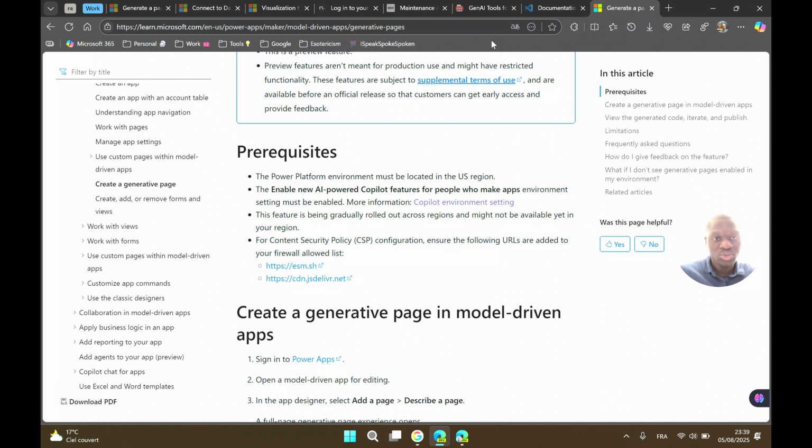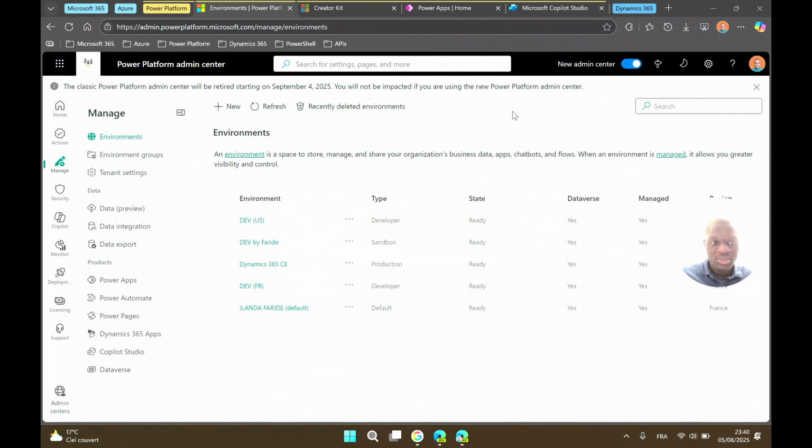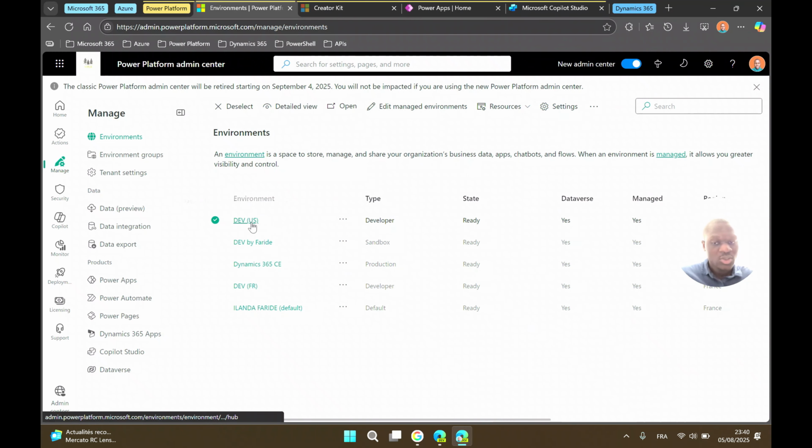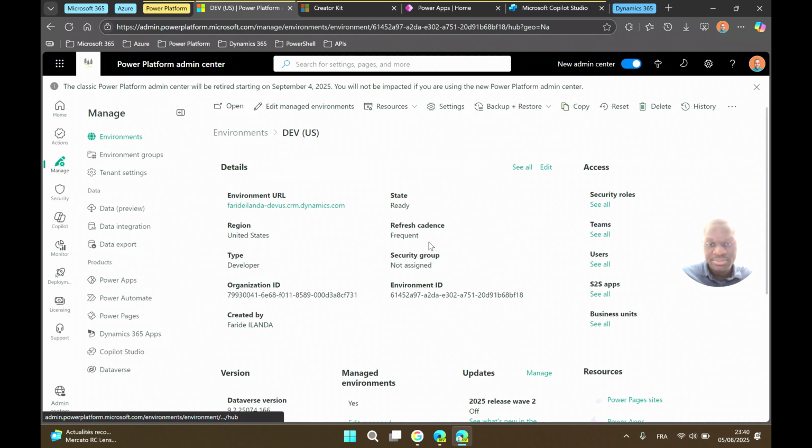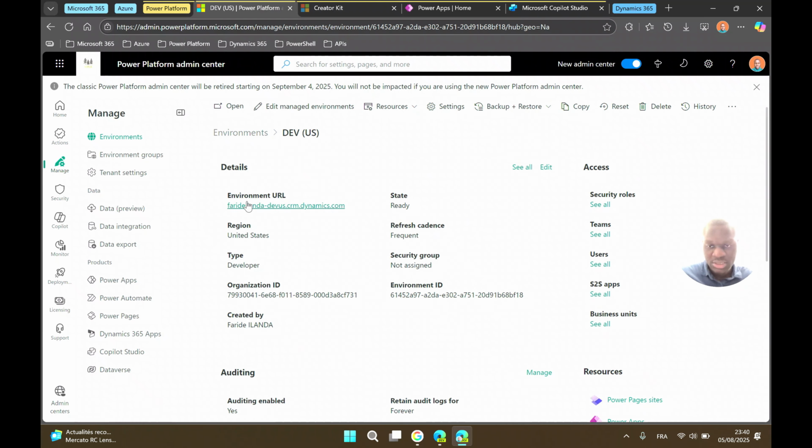Let's go and show you in the Microsoft Admin Center. In the Microsoft Power Platform Admin Center, this is my environment, DevUS. As you see, it's created, so let's open it.